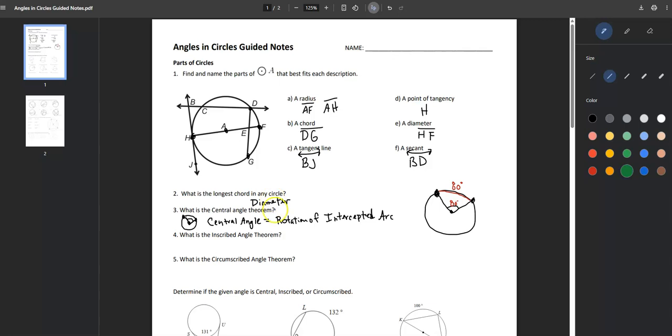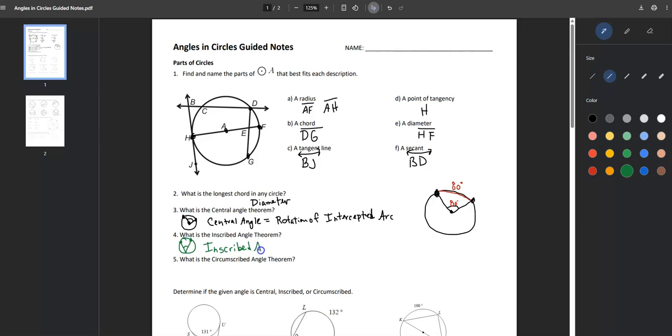All right. My inscribed angle is two chords. So we're going to have two chords that form this. So I've got a chord that goes here and a chord that goes right here. This is my inscribed angle, okay? And it's going to have an intercepted arc as well. So the inscribed angle,